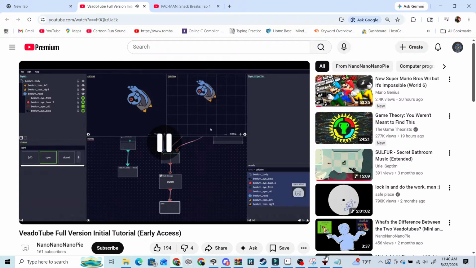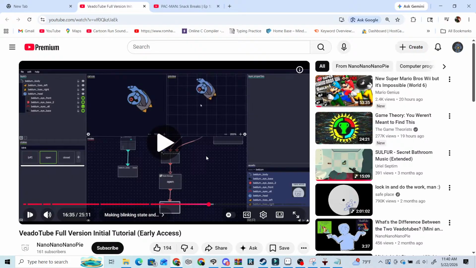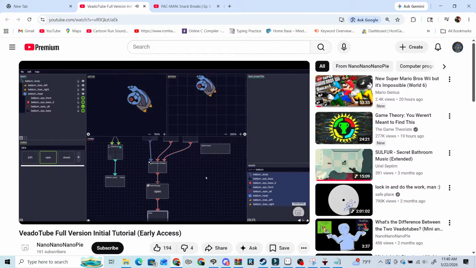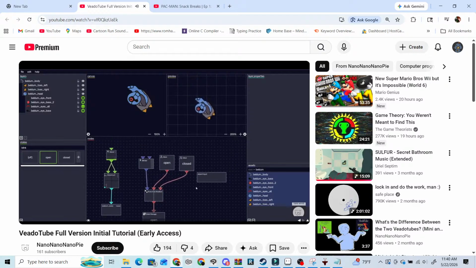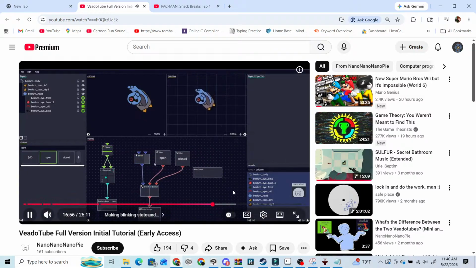So now if you click on it, you can see here in the preview, it's closing. If I just click on that, if I break it, you can see it's changing, but it's not doing anything. So you just gotta do that, click that there, and bam, you have the blink state set up. So perfect. Now we have our moving up and down value, and we have a blinker